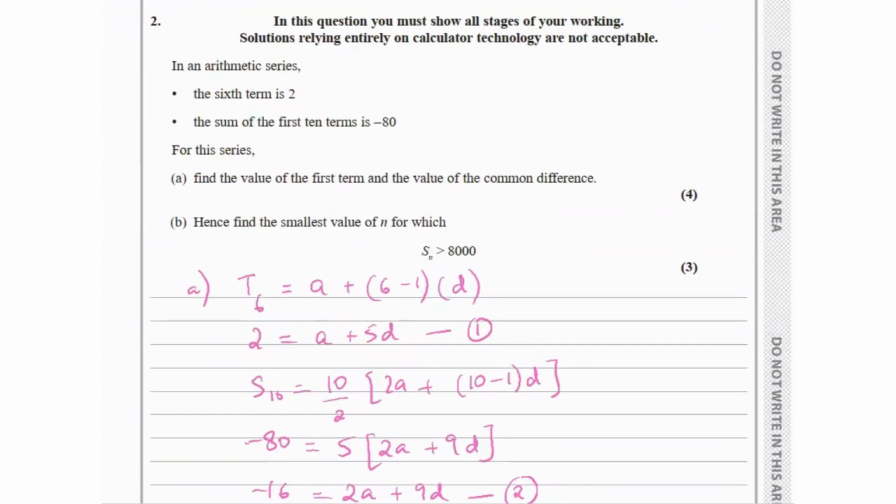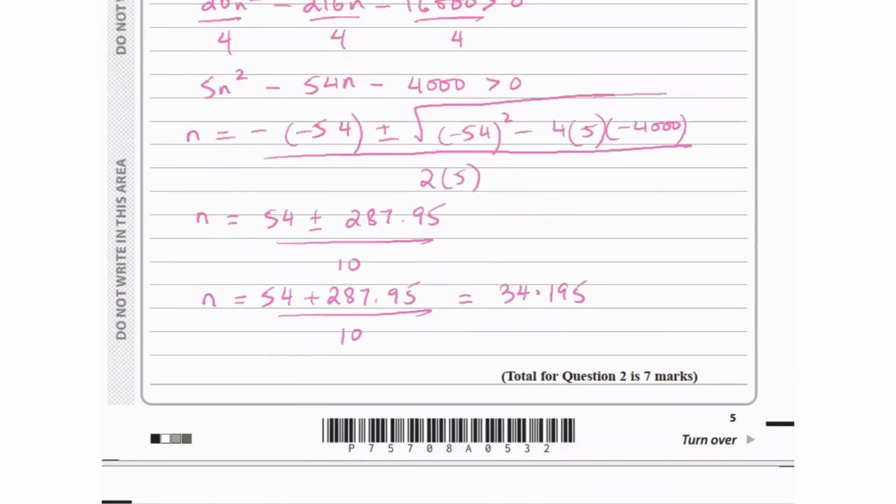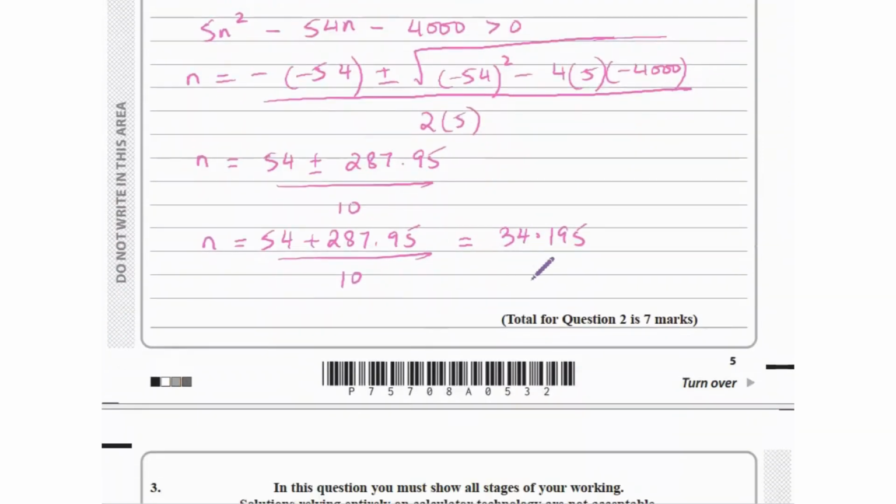In the question, they said to find the smallest value of n. So the smallest value of n is going to be 35. The reason why it's 35 is because